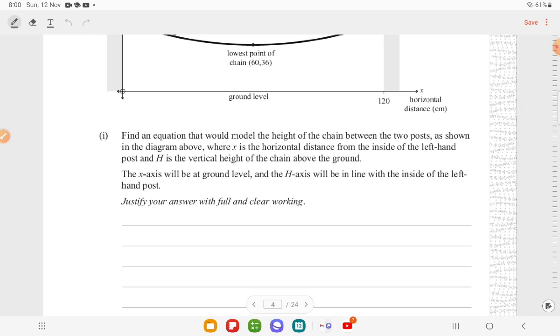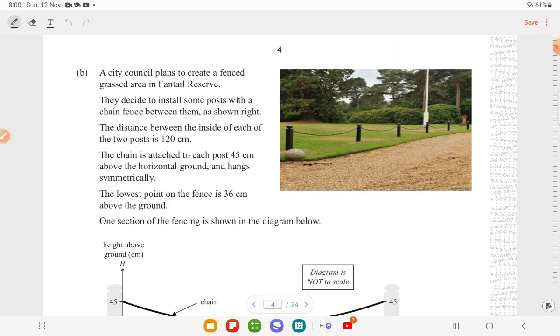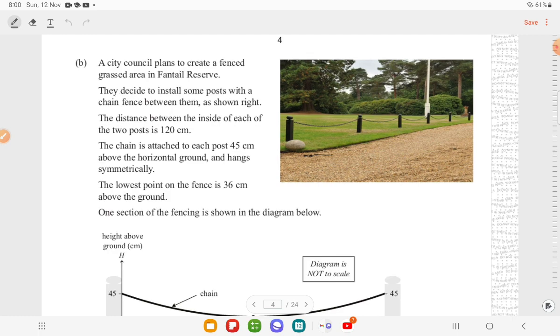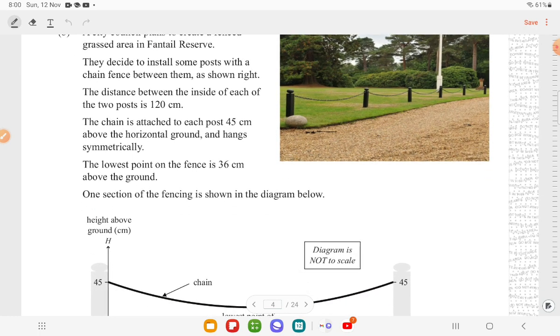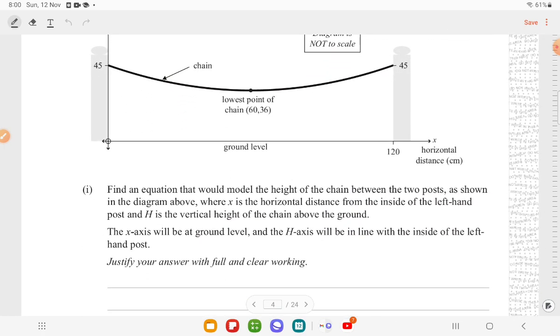Find an equation that would model the height of the chain. A city council plans to create a fenced grass area in the region. They decide to install some posts with a chain fence between them as shown. The distance between the inside of each post is 120 centimeters. The chain was attached to each post 45 centimeters above horizontal ground and hangs symmetrically. The lowest point on the fence is 36 centimeters above the ground. One section of the fence is shown in the diagram. Find an equation that would model the height of the chain between the 2 points as shown in the diagram